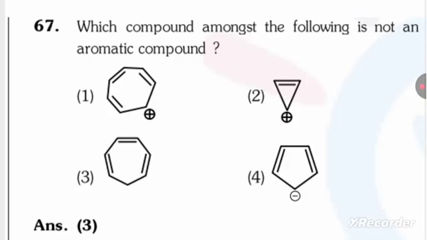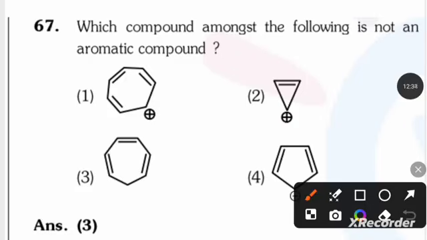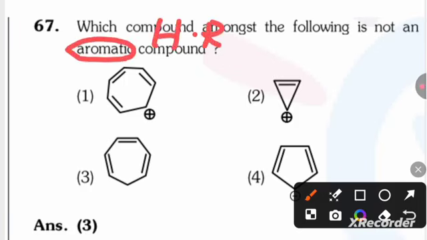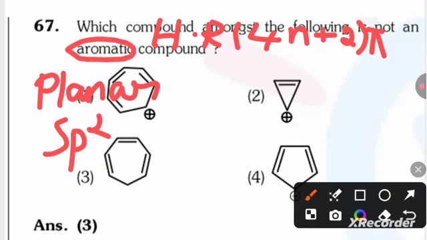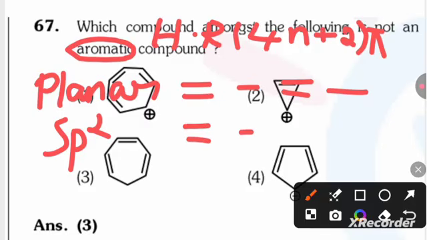Which compound among the following is not aromatic? You know, in the 11th CBSE hydrocarbons chapter we have learned that if you want to call any compound aromatic, it should follow Huckel's rule. According to Huckel's rule, it must have 4n plus 2 pi electrons. Second, it should have a planar structure. Planar means it must have sp2 hybridization. And one more thing, we need to find alternate double bond, single bond, double bond, single bond in the first case. And in the second case, either double bond, single bond, carbocation, single bond, double bond,